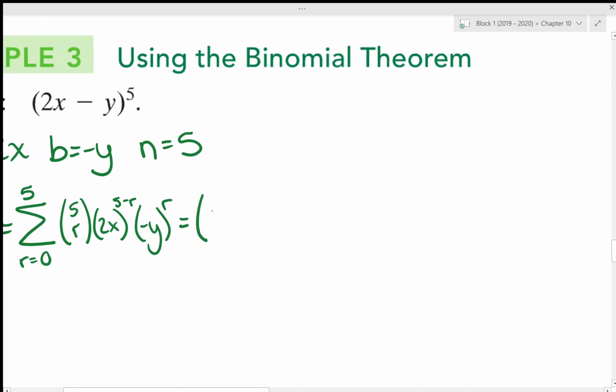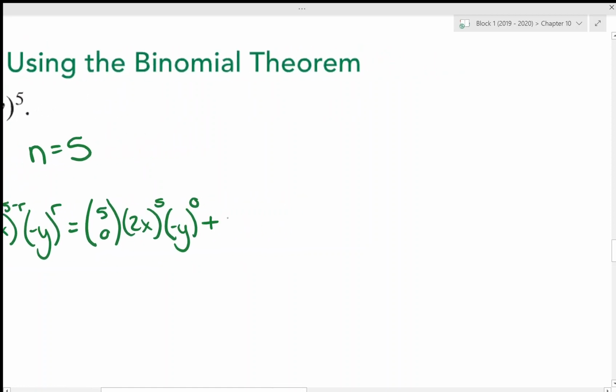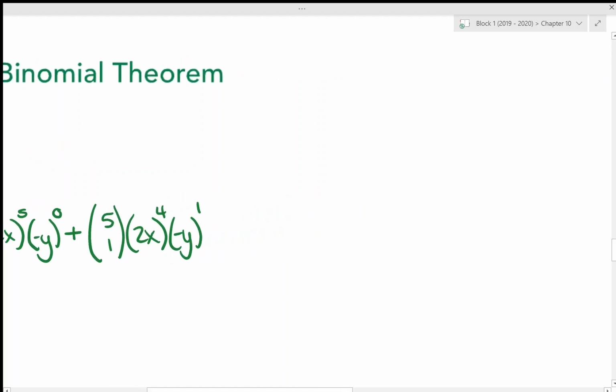So I'm going to do 5 above 0, 2x to the 5 minus 0 power, which is 5, and negative y to the 0 power. Now plus when you go to a new term. 5 above 1, 2x to the 5 minus 1, which is 4 power, negative y to the first, plus 5 above 2, then 2x to the 5 minus 2, which is 3 power, and then negative y to the second, plus